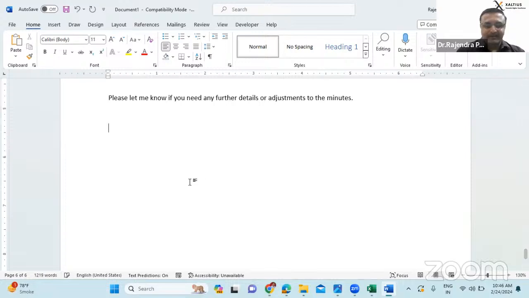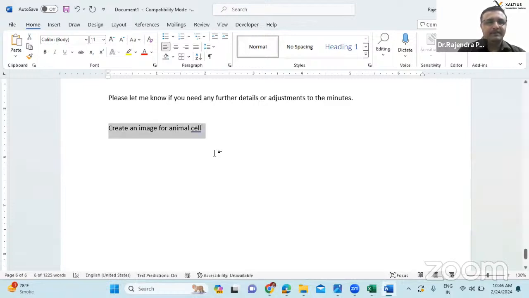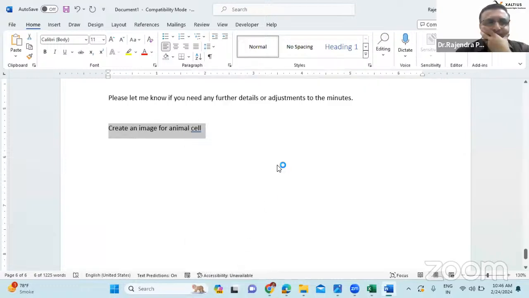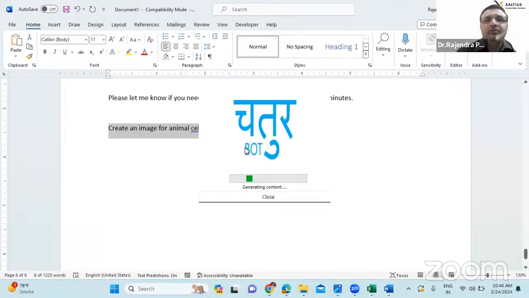Okay. The other one I would like to show quickly, create an image for dog, or I want to create an image for animal cell. Okay. Sorry, with labels I want, so you can mention with labels also.